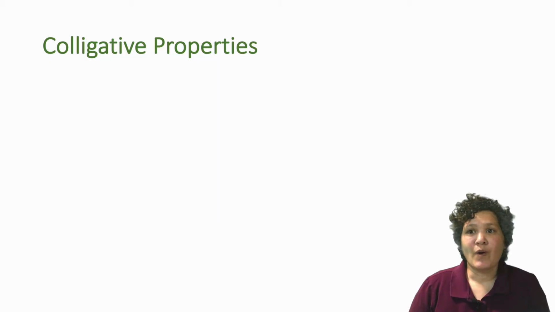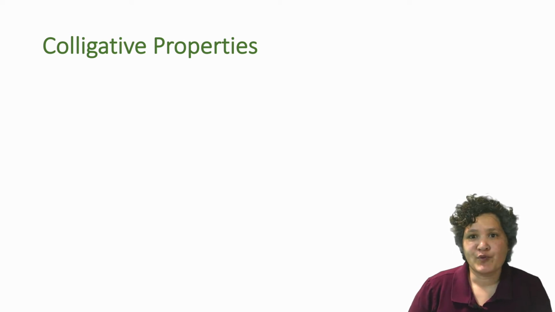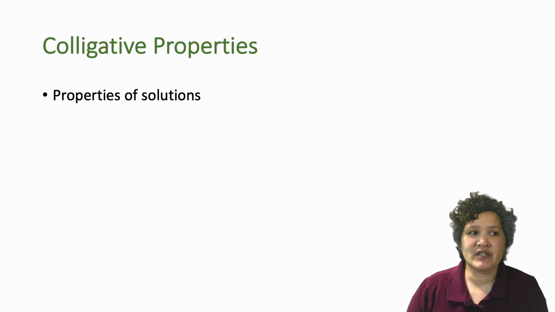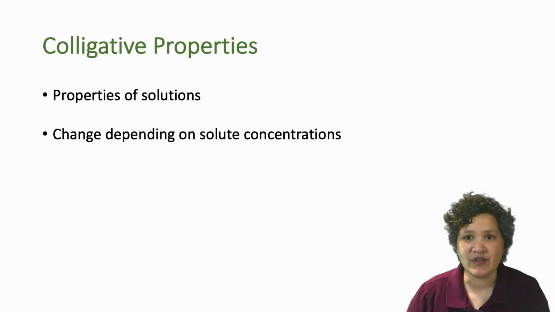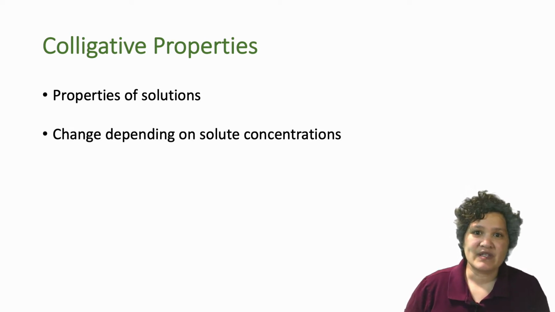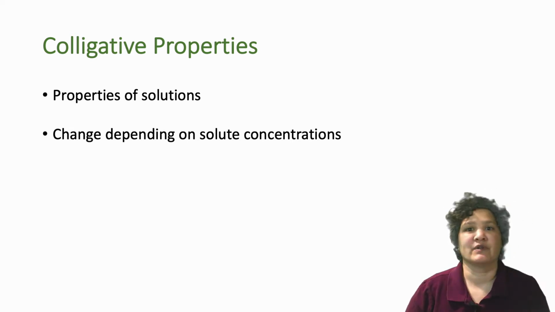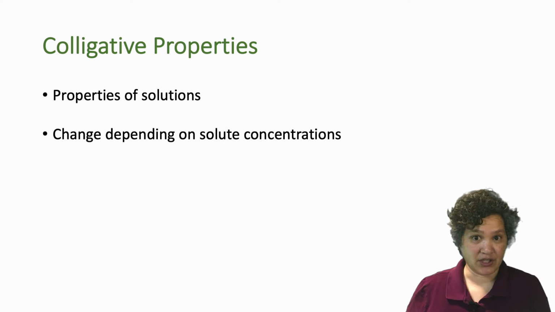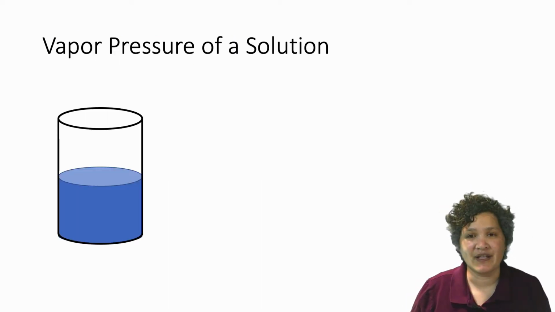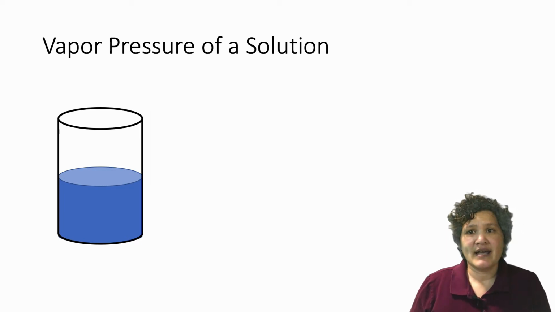Hi, I'm Robin, and today we're going to talk about one of the colligative properties, namely Raoult's law. So, what are colligative properties in the first place? First of all, these are properties that have to do with solutions. And specifically, they're properties that change depending on the concentration of the solute in your solution. And so, anytime you see the word colligative properties, know that this is a property that will intensify as concentration increases. So this particular colligative property that we're talking about today, Raoult's law, has to do with the vapor